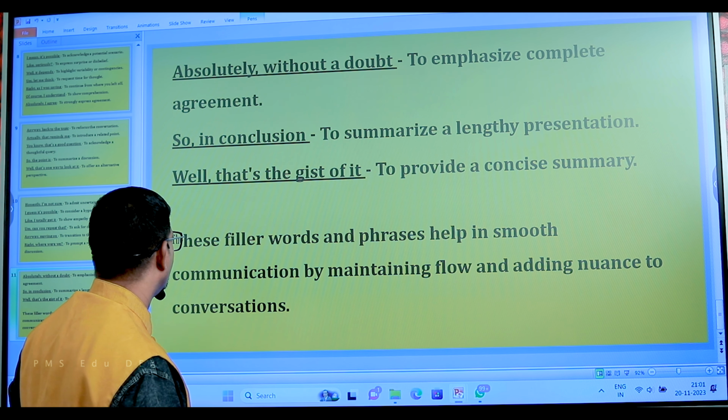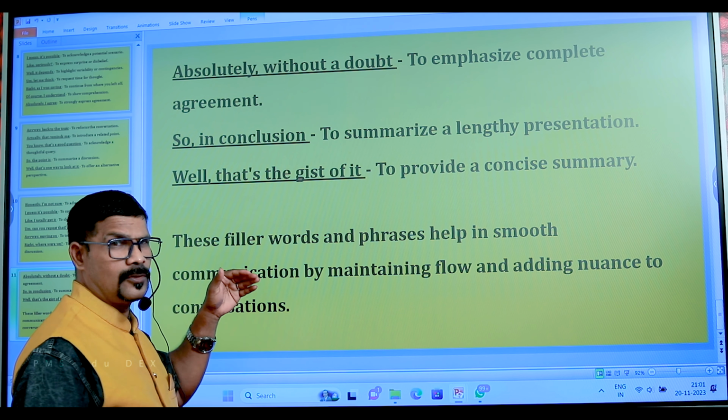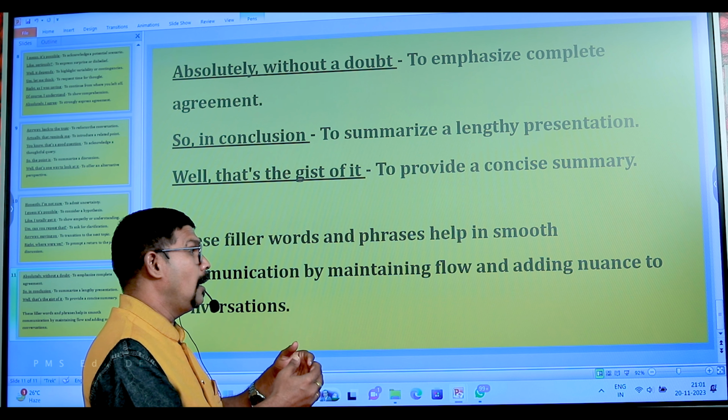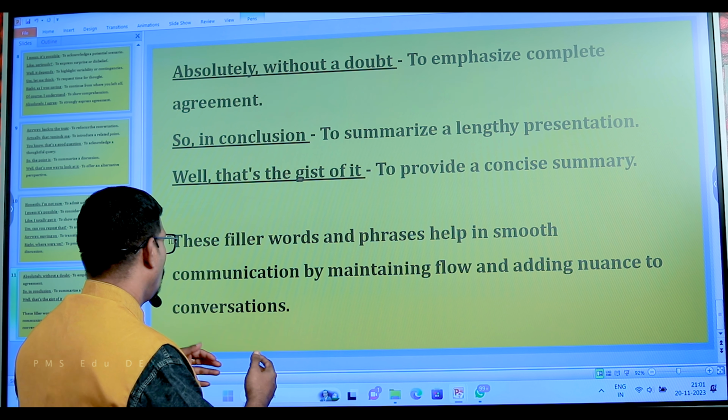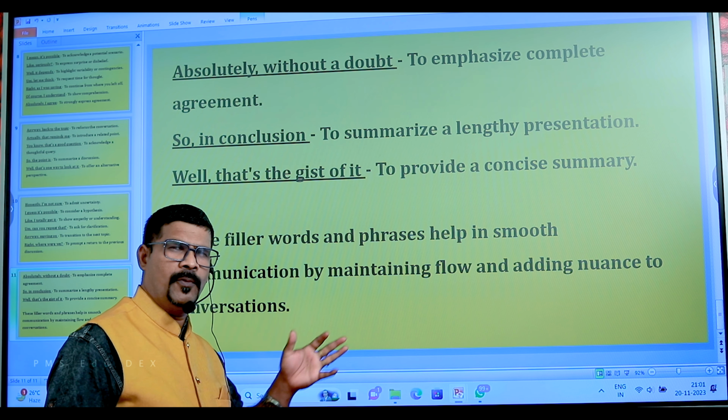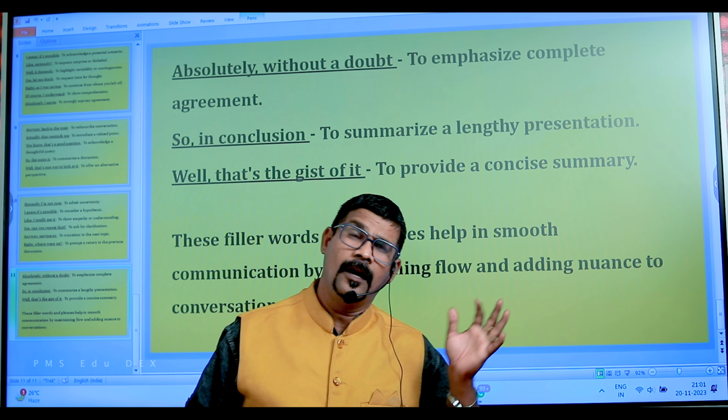So, dear viewers, these filler words and phrases help in smooth communication by maintaining flow and adding nuance to conversations. So, dear viewers and learners, ladies and gentlemen,